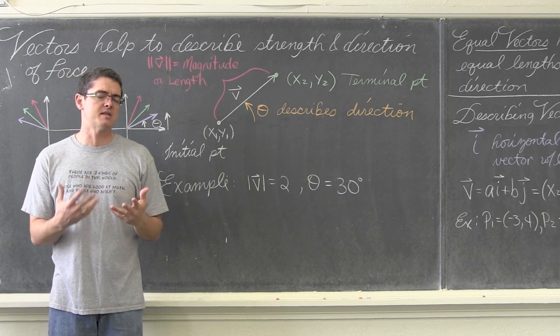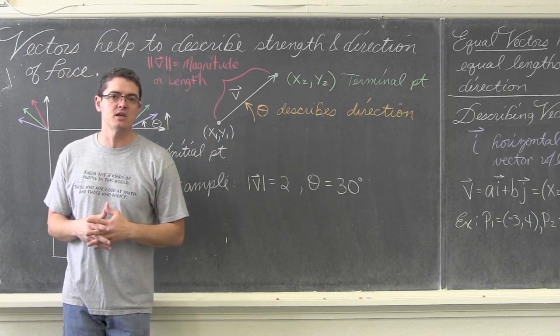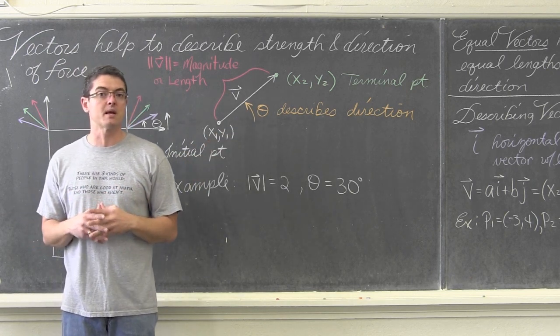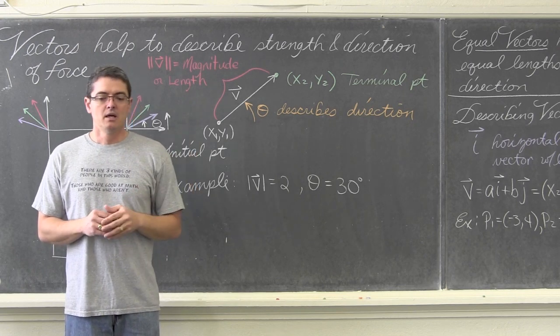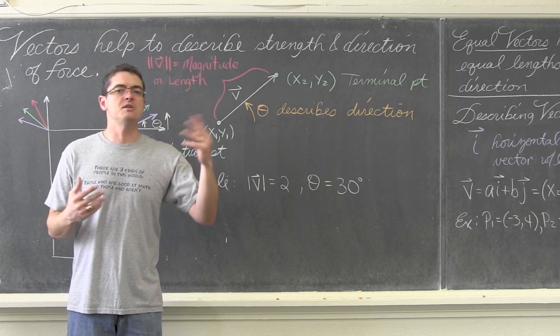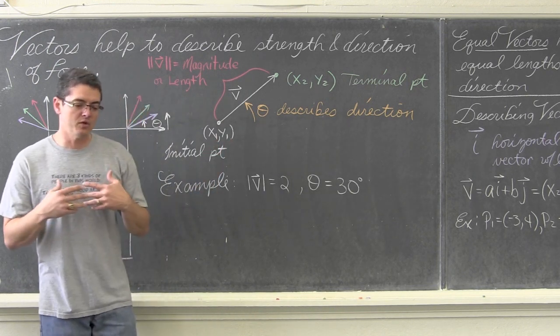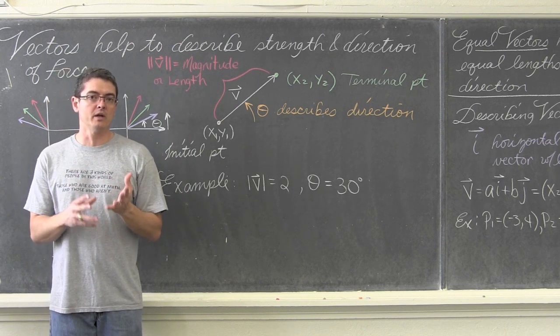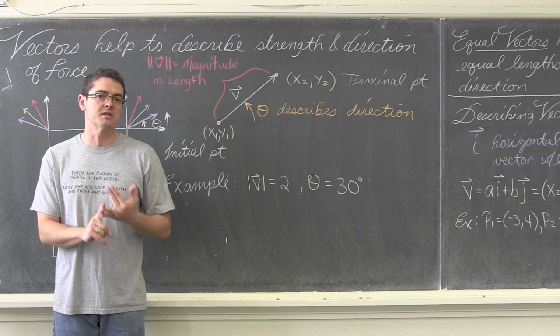Now, if I go back to the example of wind, we don't measure wind in standard position rotation. We measure wind as far as like bearings. Is it north? Is it east? Is it northeast? And you want to say the wind is blowing in the northeastern direction at 20 miles an hour. So vectors, and when you're describing them to people, we want to really hear how much force or speed is being applied and what direction is it in.